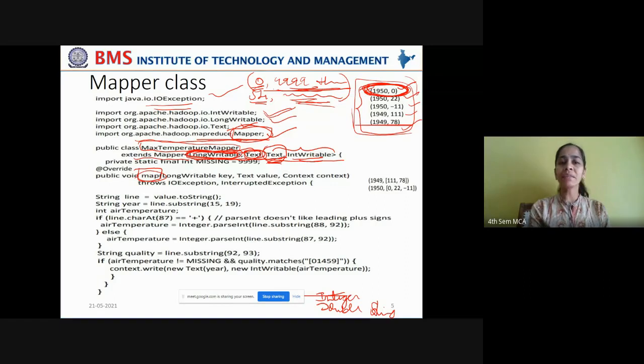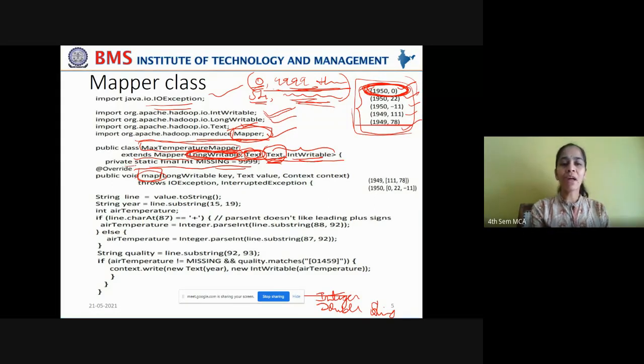Now, after beginning this class, you have to create a constant value for missing. To create a constant value, you use the keyword final. You remember, right? In Java, if you want to create a constant value, you use the final keyword.